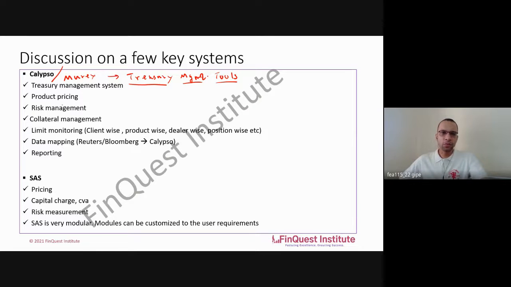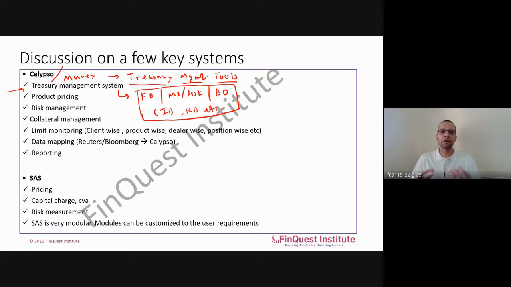So a few features which Calypso or Murex provides is, firstly, it's an entire treasury management tool. So when I say a treasury management system, you can see it is something which everyone in the front office, the middle office or risk, the back office, commercial and investment banking, retail banking, etc. Everyone will find some modules which are useful to them to a certain extent. So that way, you'll see that every team within the bank will have access to the enterprise risk system in some way or the other.